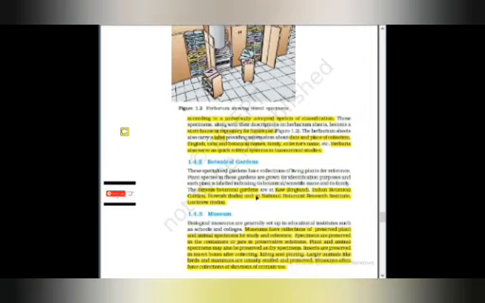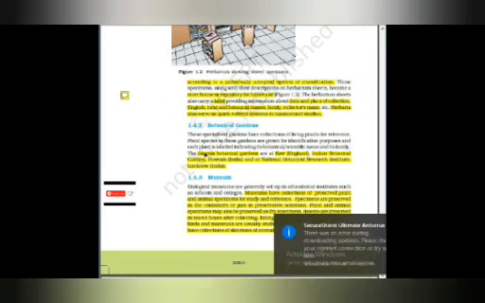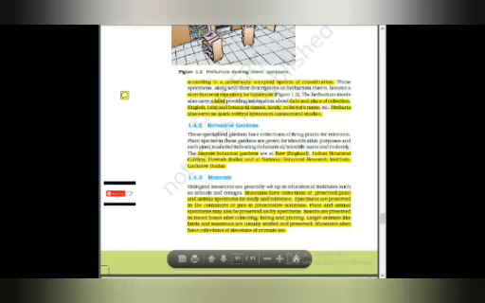Now in case of botanical gardens, we have to remember the famous botanical gardens. Botanical gardens are at Kew, England, Indian Botanical Garden, Howrah, India, and at National Botanical Research Institute that is present in Lucknow, India. Also you should remember that botanical gardens are examples of ex situ conservation. That is, we are growing the plants for reference in a place that is not their native. This is an example of ex situ conservation.